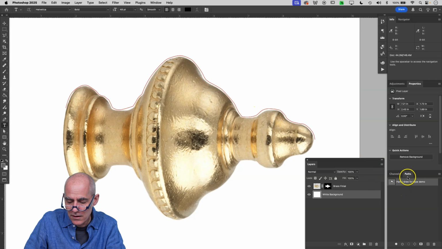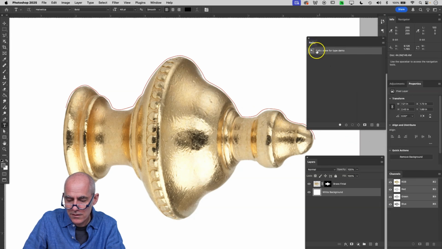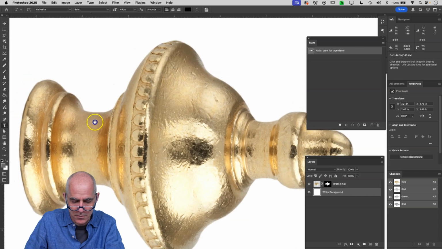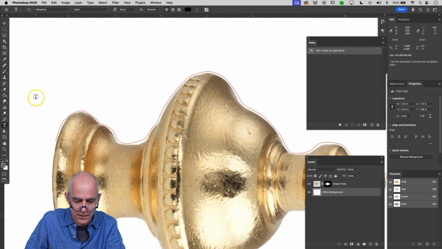So I have that there, and I've gone to my paths palette and selected it. That's why it's showing up. If I click off of it, it disappears. And with that path selected, I'm going to come over here and grab my type tool. And what you want to do now, I'm going to zoom in a little bit to make this hopefully easier to see. When I bring my type tool